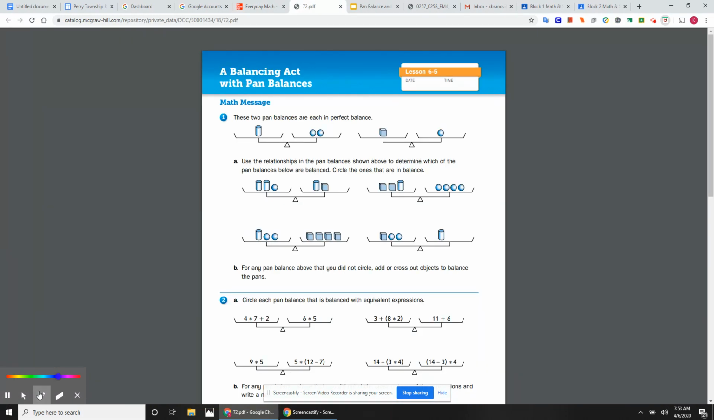All right, so today we're looking at a balancing act with pan balances. If you do not remember the lesson before spring break, I suggest going to watch those videos before starting today's lesson. For today's math message,